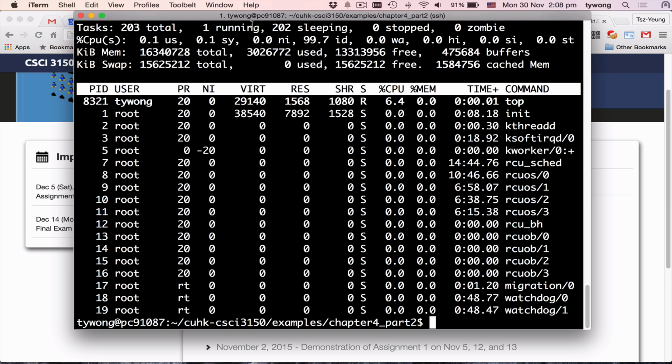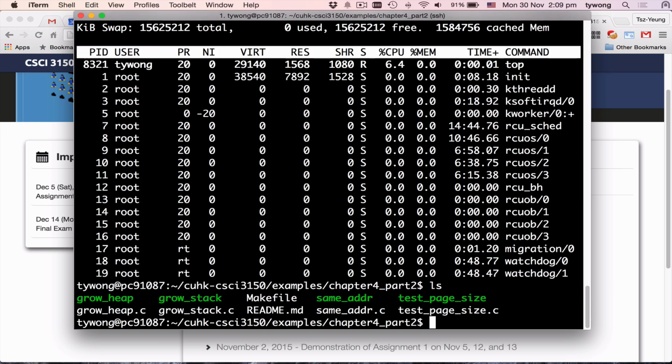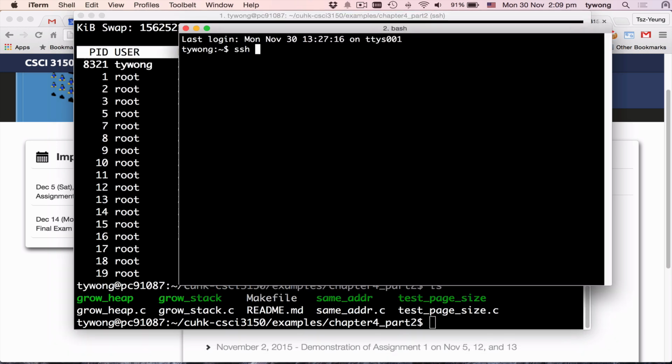So these 3 columns, I won't tell you how to do the sharing part, but I want to demonstrate these 2. So what is the difference between the virtual and the resident memory? I have this program. Maybe I need to spawn one more